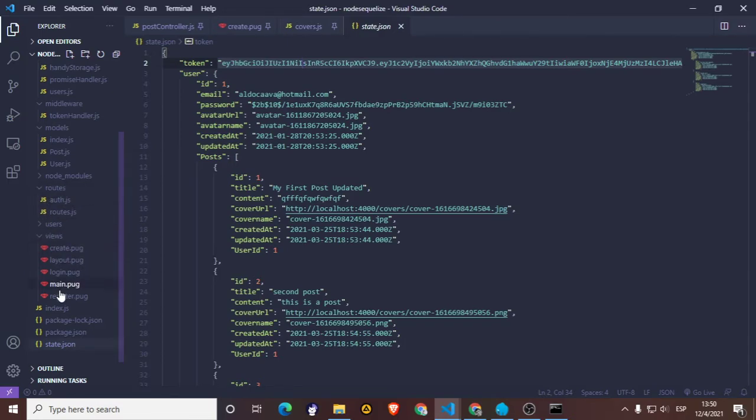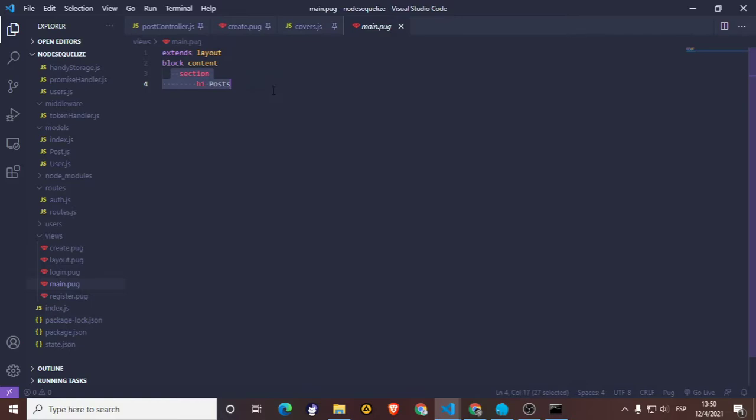So we don't have the page for all the posts and for a single post. So we will create the all posts page right now. And let me just go to my other application, and I have main. Okay, I have main.book, which is just a section returning, well, not returning, sorry, with a nested h1. So let me just go there. Okay, so we are going to work a little bit here in book